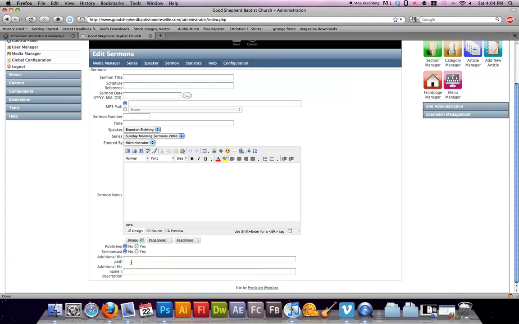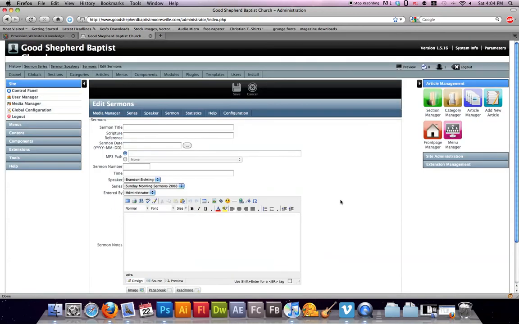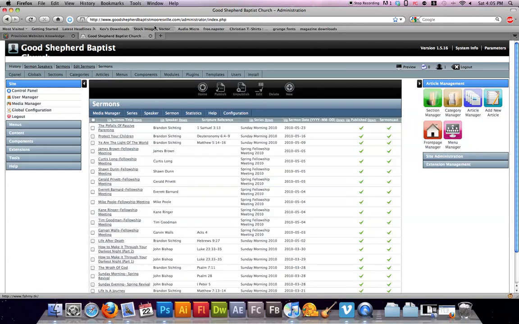There's also options for additional files. Let's say, for instance, that your sermon had a handout and you have a PDF hosted someplace on your website or another website. You can put the file path here, and they'll have the option then to download that file as they listen to the sermon. Once you've made all these changes, you simply click Save, and it's then listed on the front end of your website. From the front end of your website, which we'll go to now,